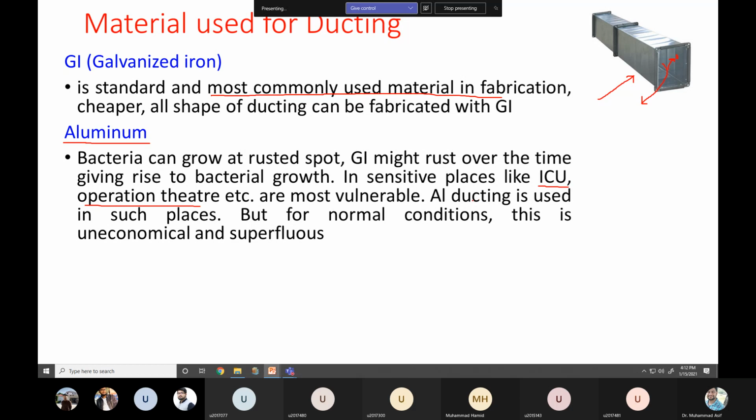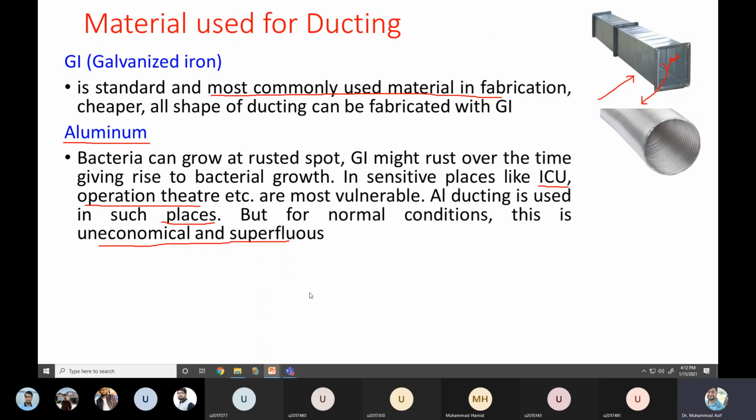So aluminium ducting is used in such places. But for normal conditions, it is uneconomical and superfluous to use the aluminium material in place of the galvanized iron. Okay,